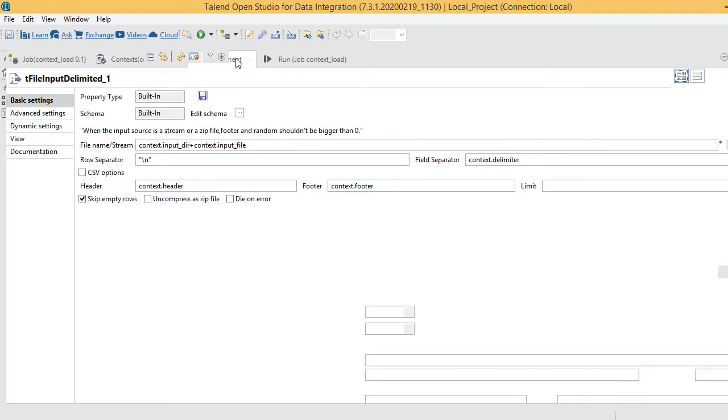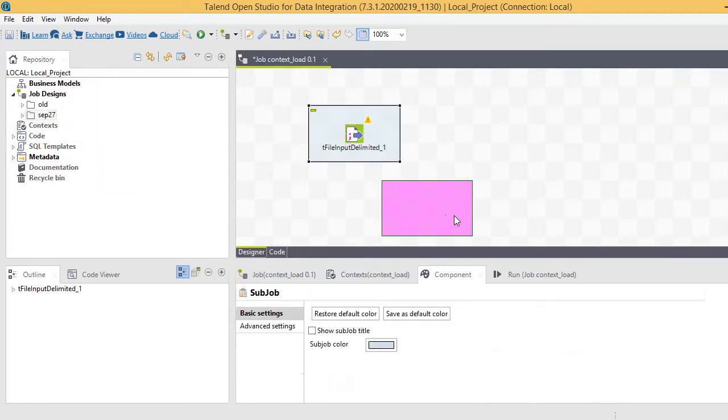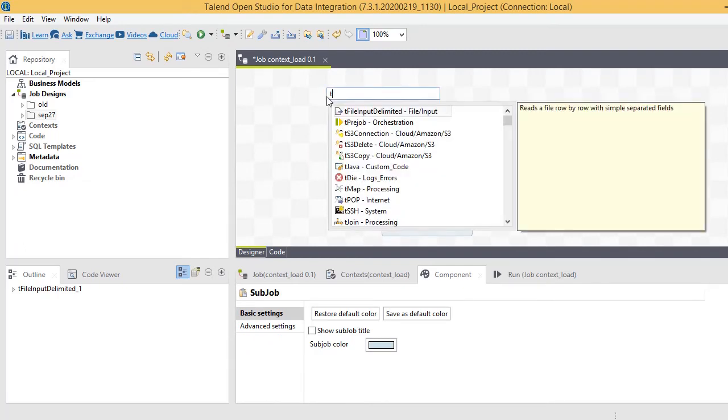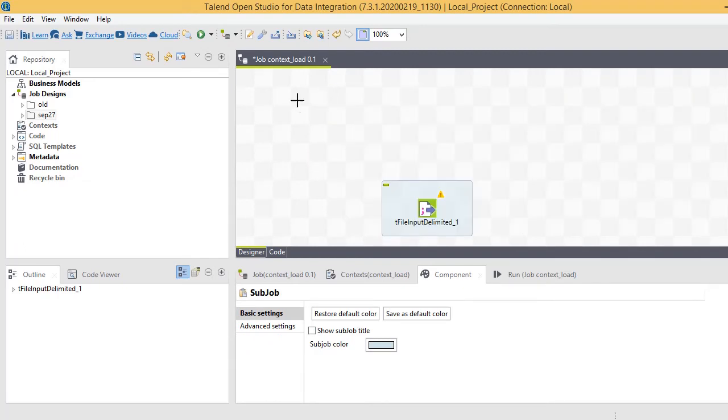Let's see how we can do that. It's better to read context from a file in the pre-job. That way the first step would be assigning the values to context variables, then it runs all other steps.